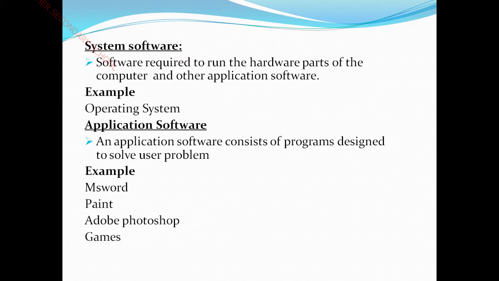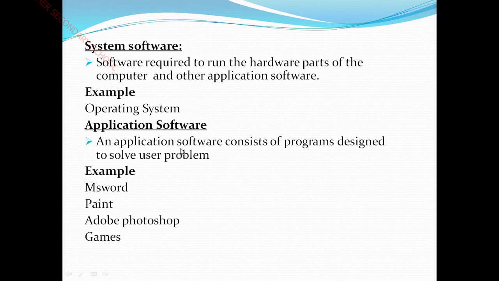System software. As the name itself suggests, you can understand the meaning. System software is very important software. Even when you switch on the computer, the first software that loads into your computer is called system software. It gives soul to the computer. Without system software, we cannot install any application software. Without system software, a computer does not work. For example, the operating system, OS, simply we say OS, controls overall operations of the computer. This operating system manages file management, it manages the input output operations, it manages the overall control. So that's why without this operating system we cannot do anything.